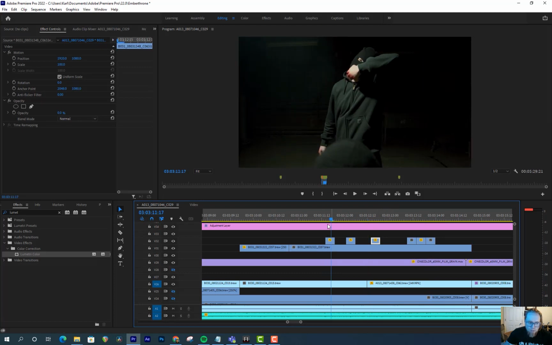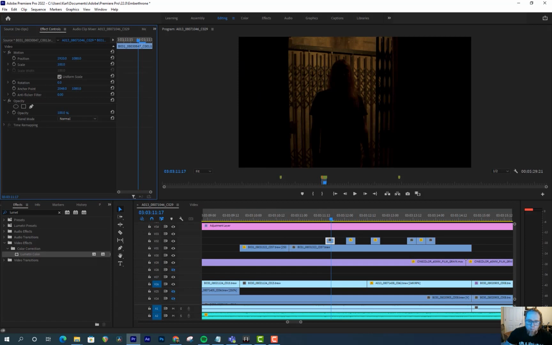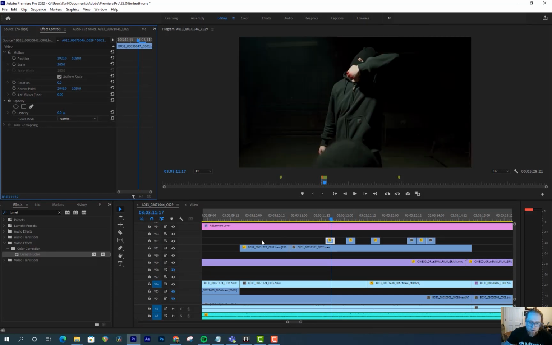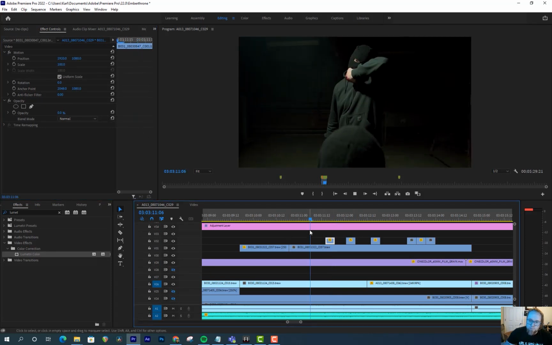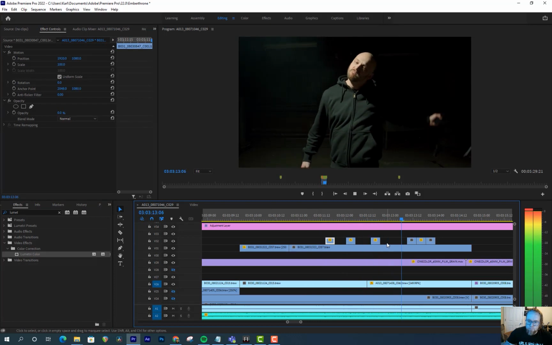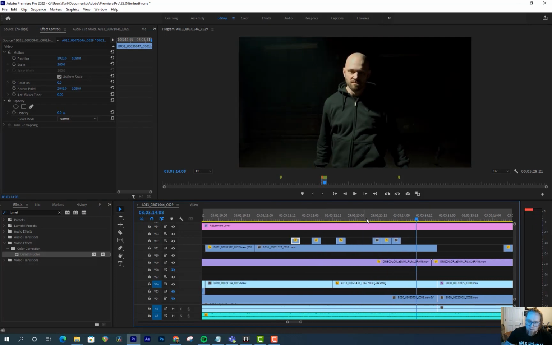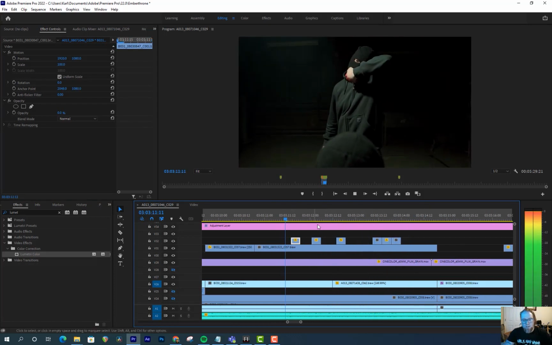Yeah, and we were playing with some other stuff, which is why some of these have the 0% opacity. We didn't like them, so we were playing around with it, and I left them there in case we went back and forth. But you can see they end up here. And these ones were distracting,